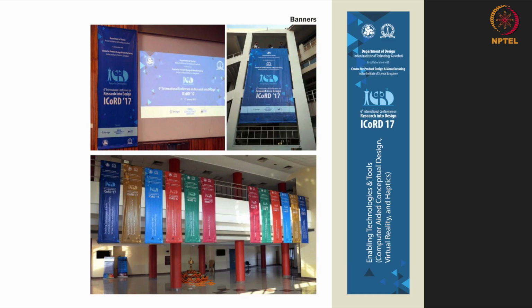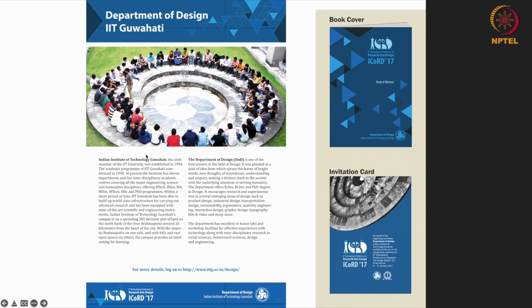This is another example from the same conference where you see another set of posters, but you may notice that the same repetition has happened here and here in all those places. This is a poster, and this on the right side is the book cover, and then an invitation card. So consistency is created by the use of design elements like color, shape, and also layout and placement of the text within the composition.